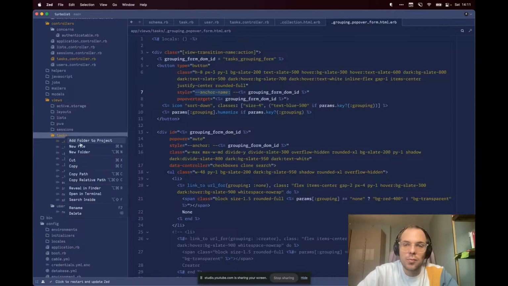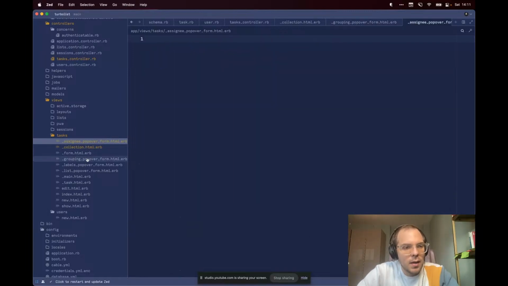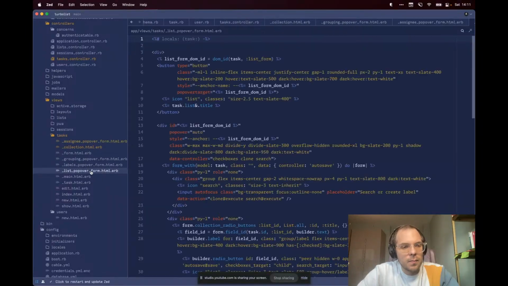So let's replace detail summary with another popover. And let's just make this. So we're going to call this the assignee popover form. And we want this to be a form as well, right? We're going to be mutating state. And let's take our list popover. I want to copy the list popover because